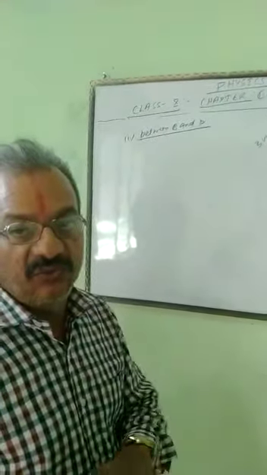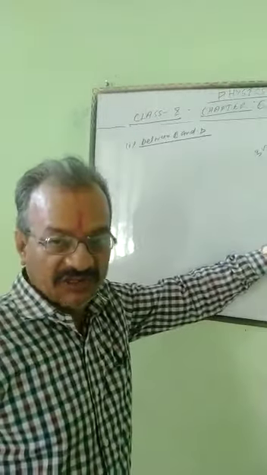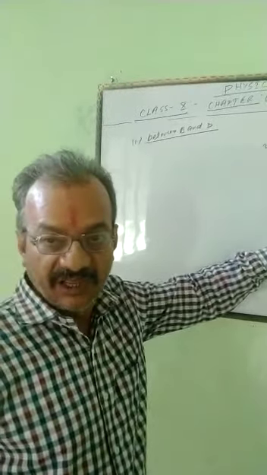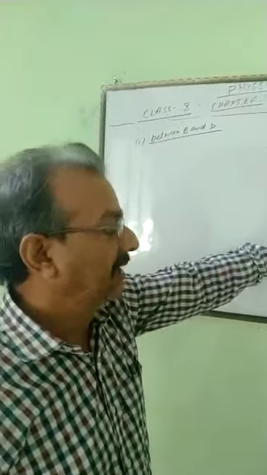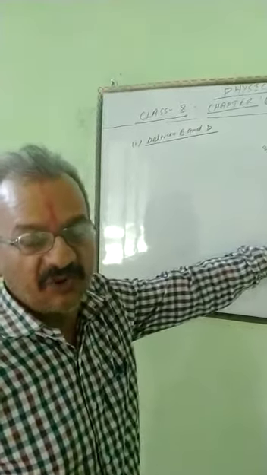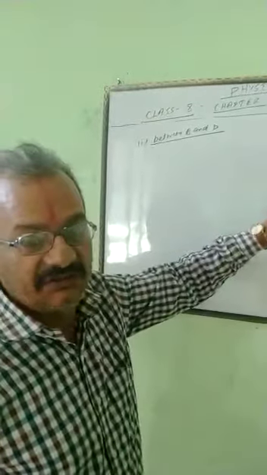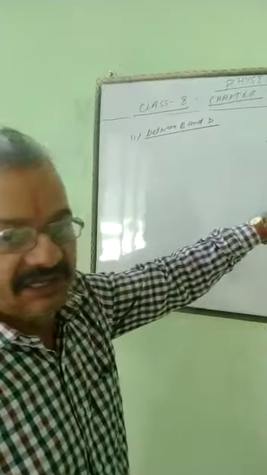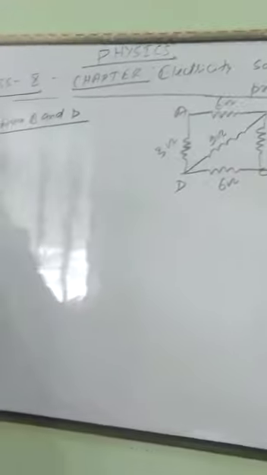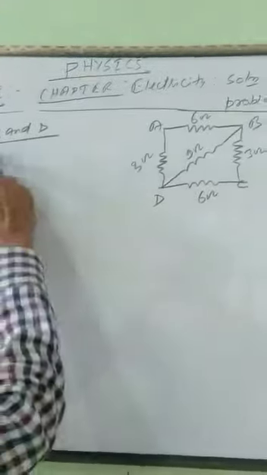Yesterday I gave you some problems, and the second problem is almost correct. What you gave as the answer is right, but there are some difficulties that arose in your first problem. Now I am going to solve these 5 questions which were given in this problem, so see it clearly and mind it. In this question I asked you to find the equivalent resistance between B and D.